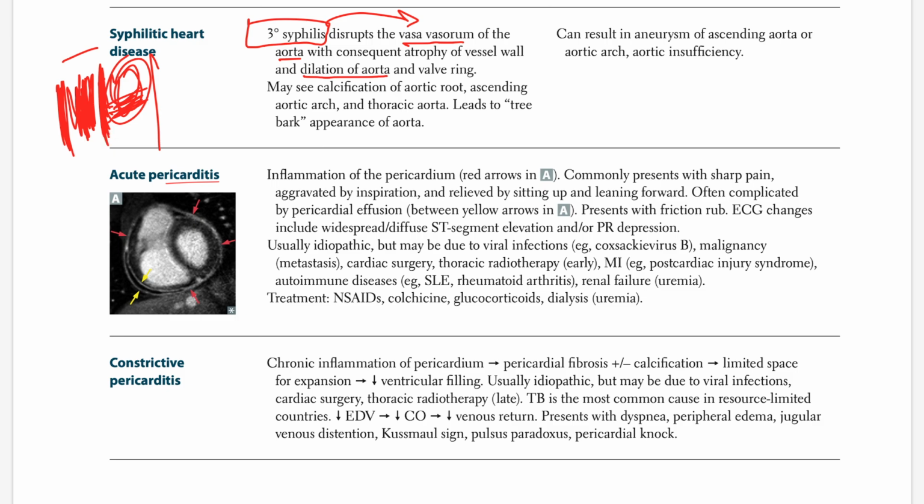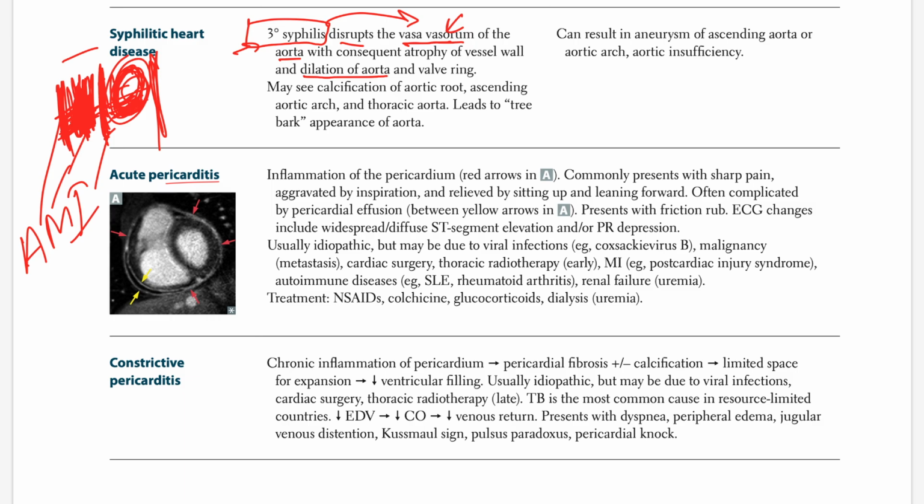So let's just draw intima, media, adventitia. Media and adventitia need the vasa vasorum that would give the blood supply to the big muscle wall, the media, and also the adventitia. So when you disrupt the vasa vasorum due to tertiary syphilis,